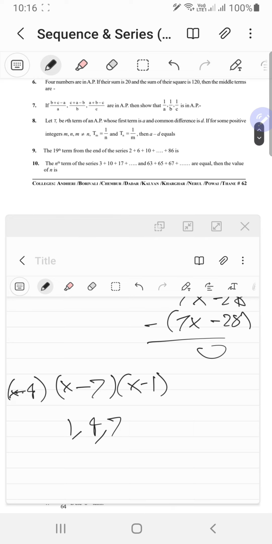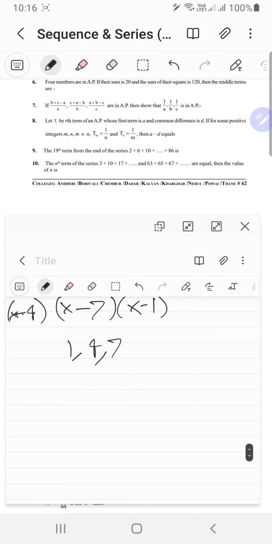Okay, next, 4 numbers are in AP. If their sum is 21 and the sum of their squares is 120, and the middle terms are... okay, 4 numbers in AP, sum is 20, sum of the squares is 120, and the middle terms are